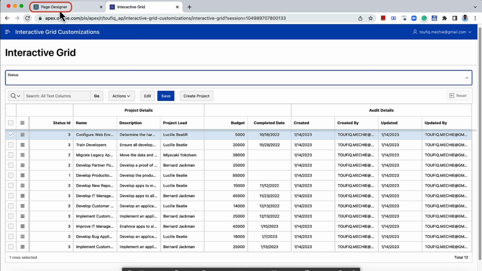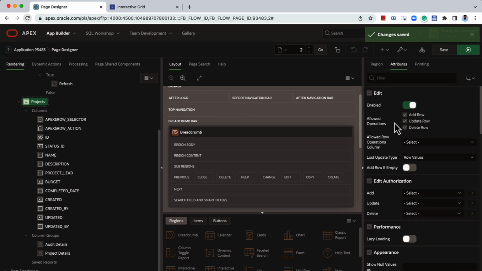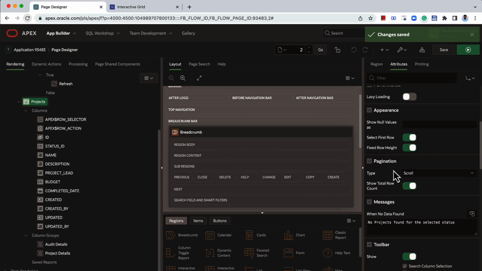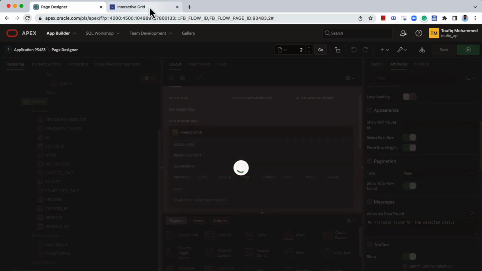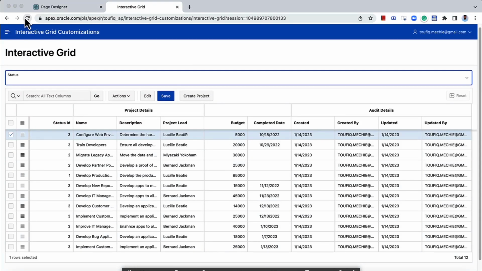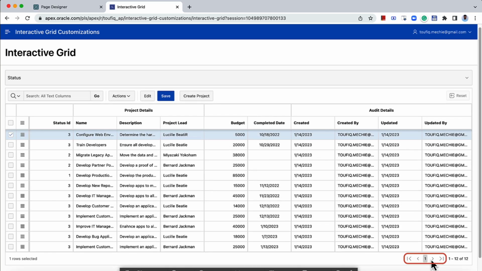To change the pagination type, go to Page Designer, select the interactive grid and go to Attributes. Under Attributes, you scroll down, you see a property group called pagination. Here you see two attributes, type and show total row count. For type, as you can see, scroll is the default pagination type that the interactive grids will have. You can choose to have a page as the pagination type, which will then give you interactive grid data in pages. So if there is more data here, you can simply use the buttons here to navigate through different pages of